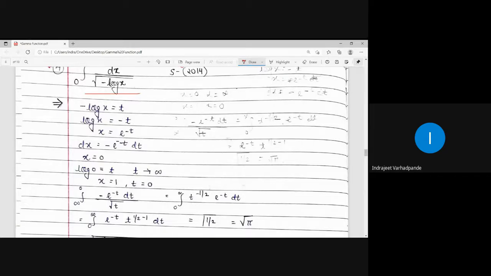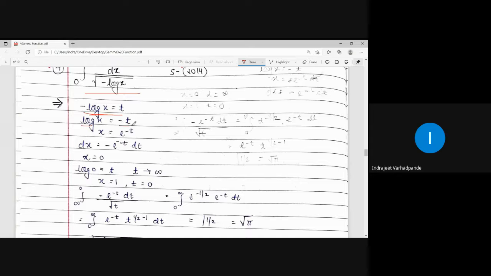So suppose if I take minus log x is equal to t, and anyhow denominator has to be shifted. Now if denominator is substituted as a whole t, and when it goes to the numerator it will become t to the power minus half. Only point is I have to introduce the exponential term. Once that is done and limits are appropriately changed, you can apply the definition and get the simplification. So the best possible choice over here is put minus log x is equal to t.